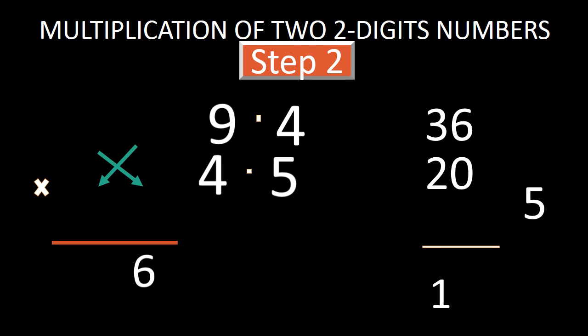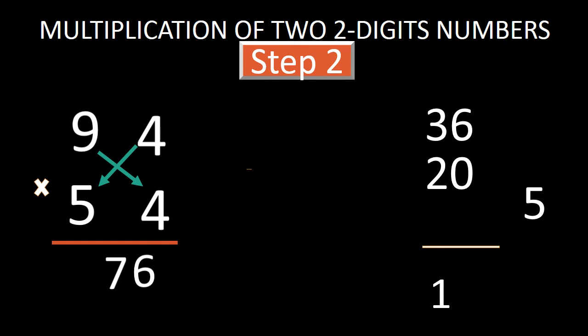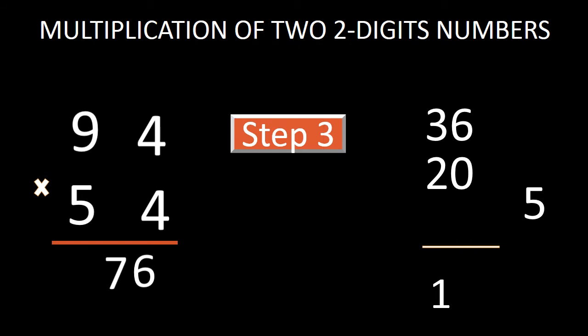Now add this 36, 20 and the carrying 1. By adding all these 3 numbers, we get 57. Now what will we do? We will just bring this 7 down in the answer, and it will make the 10 digit of our answer, and we will keep this 5 as the carrying digit for step 3. Now at this stage, our step number 2 has been completed. Now let's start our step number 3.